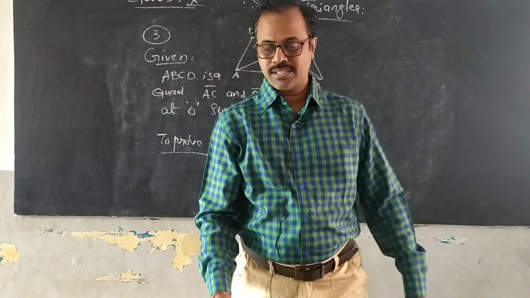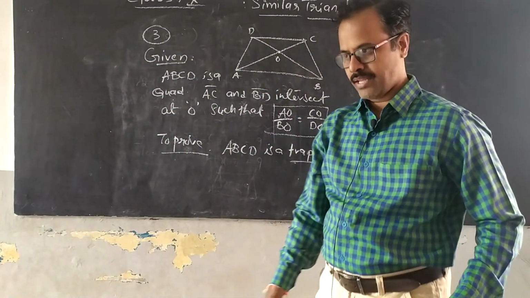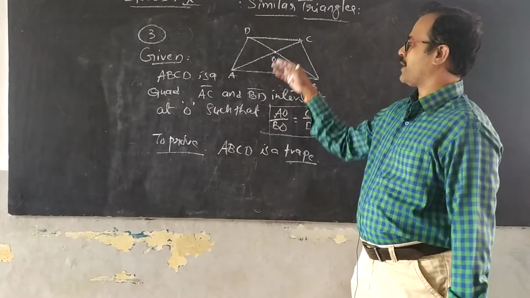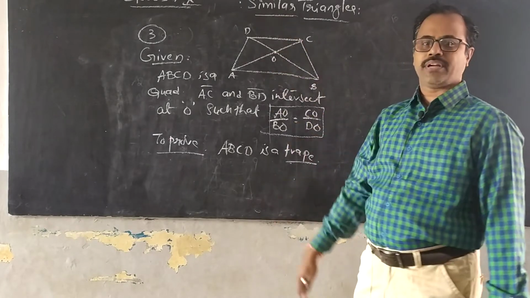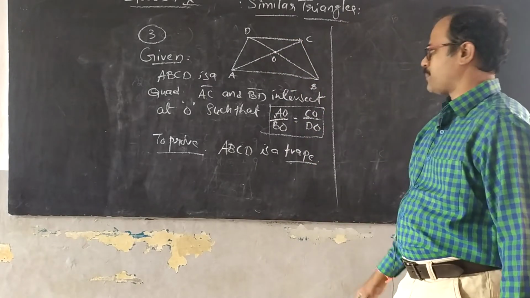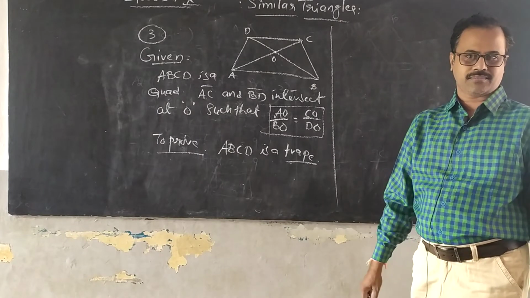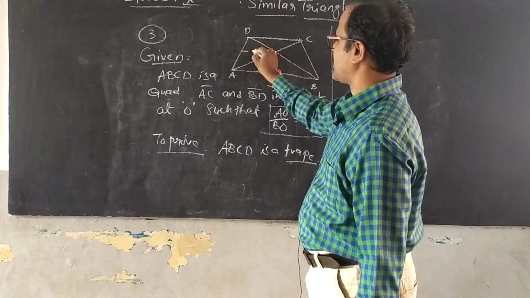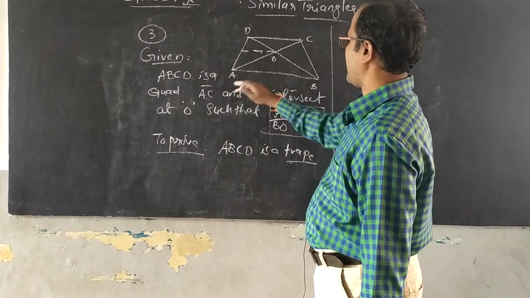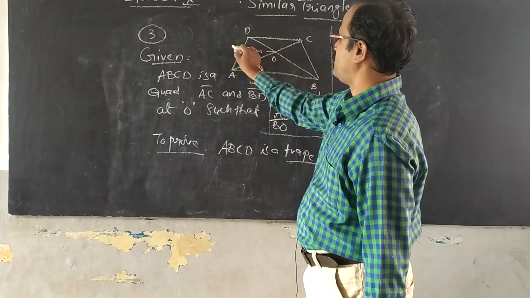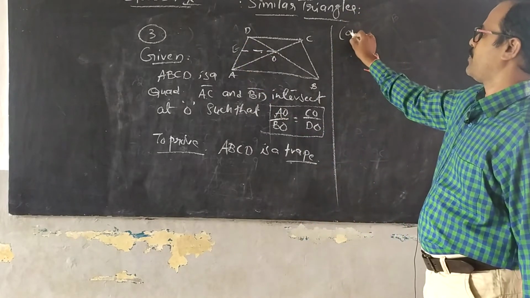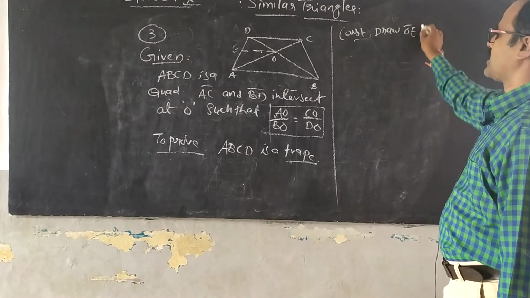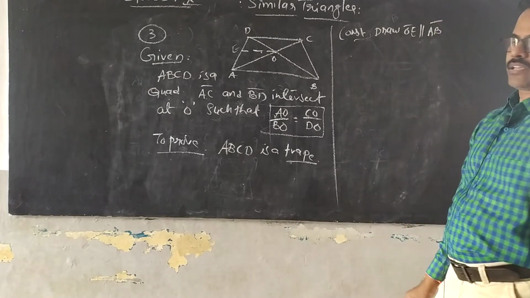Now can you guess what is the condition for a trapezium? Yeah, very good. One pair of opposite sides are parallel. So we want to make AB parallel to DC. We need to show that one. So for that purpose, we make a small construction, because we want to show that these two are parallel, isn't it? So for that I take a construction, drawing a line parallel to AB from O. Let it be OE. So making the construction, draw OE line segment parallel to AB line segment.